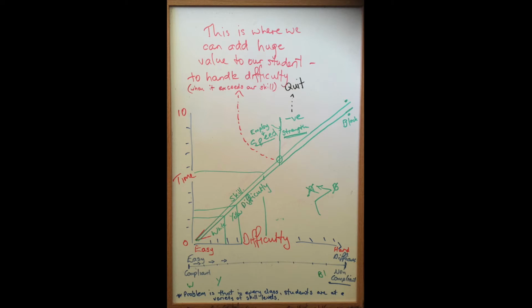Now, this is the time that it usually takes, and I would have a look at the bottom here where it says the problem is that in every class students are at a variety of skill levels. It's easy if you've got a large school and a group of white belts and someone's really good, you give them the yellow belt and they go to a different group. In many schools you have a variety of skill levels in the same class, and that's where you need to be able to work your magic as a martial arts instructor